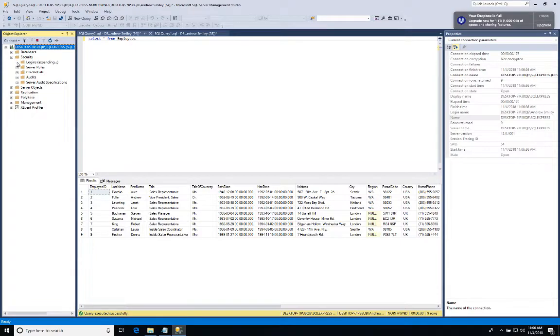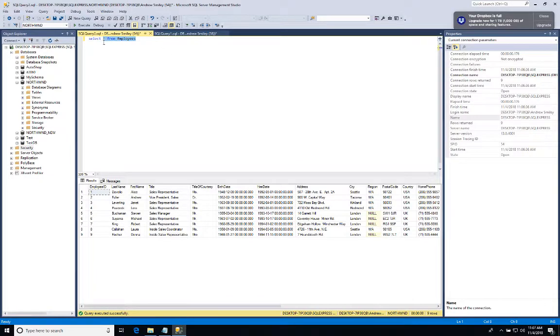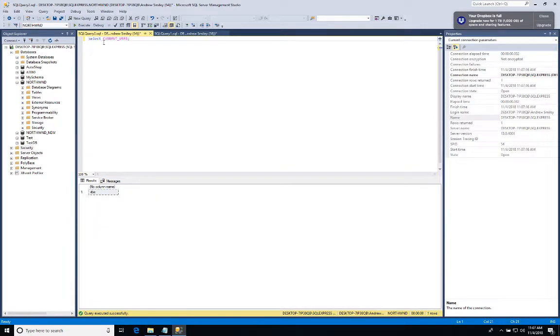I thought I was authenticated as username, server, database. Okay, so I'm logged in as